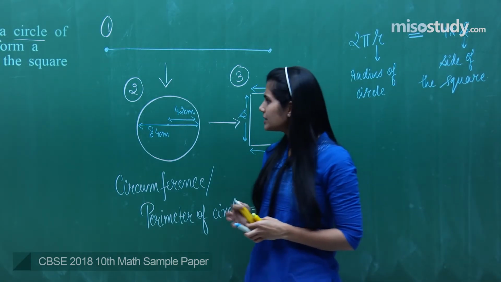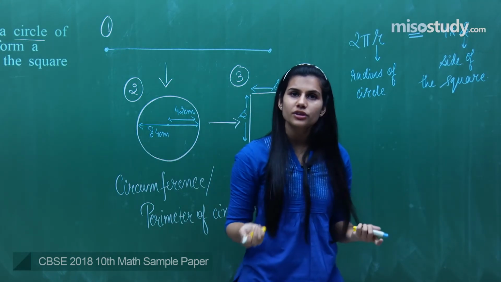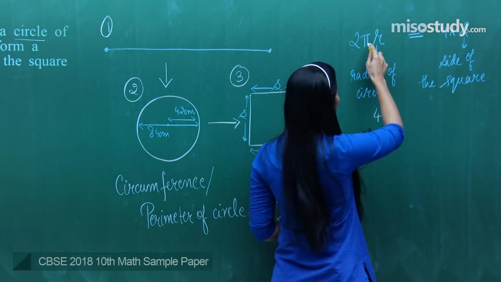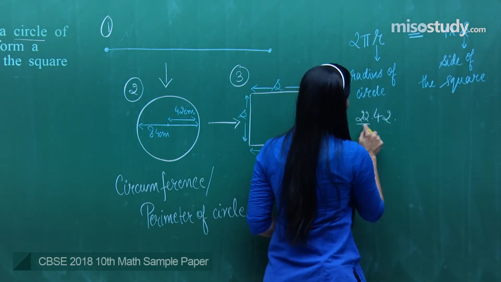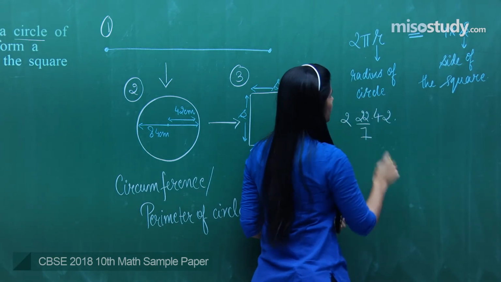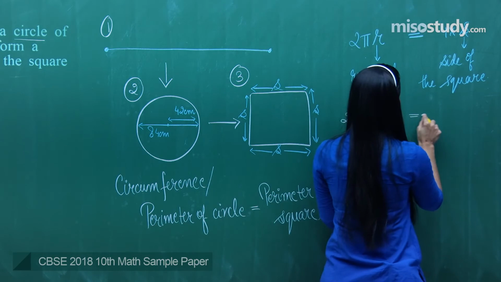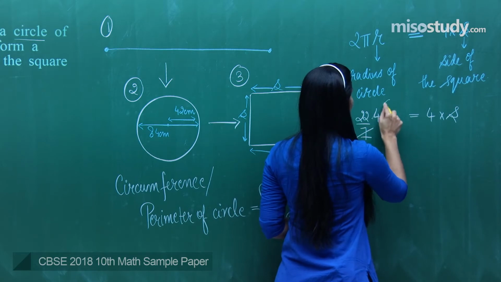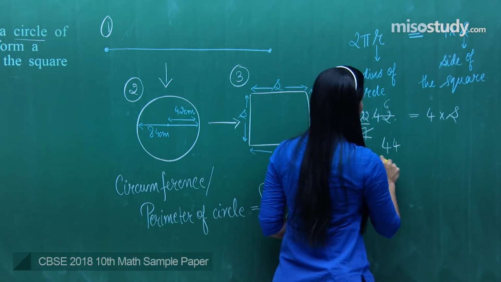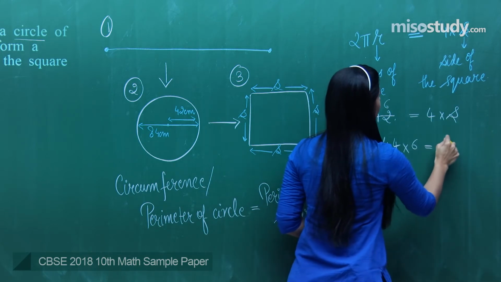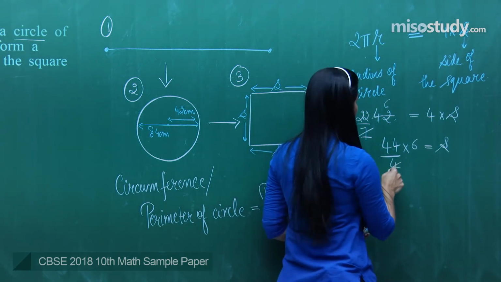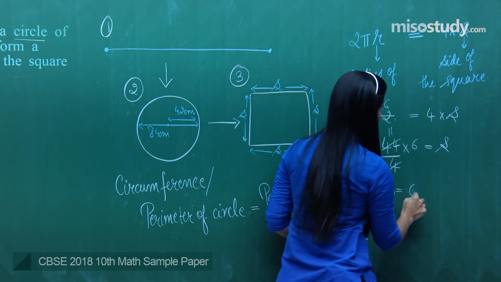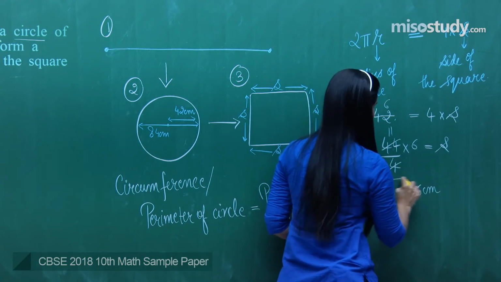Understood? Now what is the radius of the circle? The diameter is given to me, so the radius is given to me. It is 42 centimeters. Pi is what? Pi is 22 by 7, and you have a 2. So 2 pi r is equal to 4 into side. Now what happens? This gets cancelled. You get 44 upon 4 into 6 is your side. And so this becomes 11 into 6, which is 66